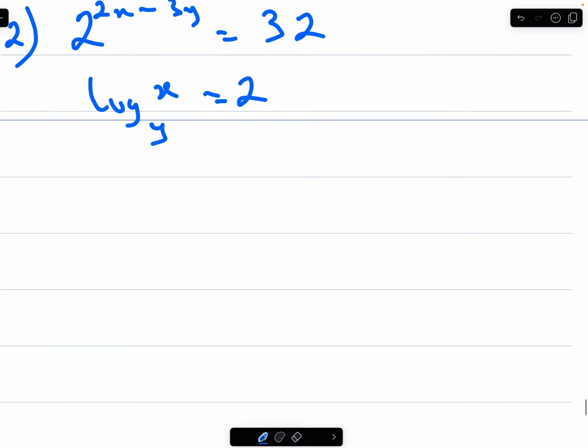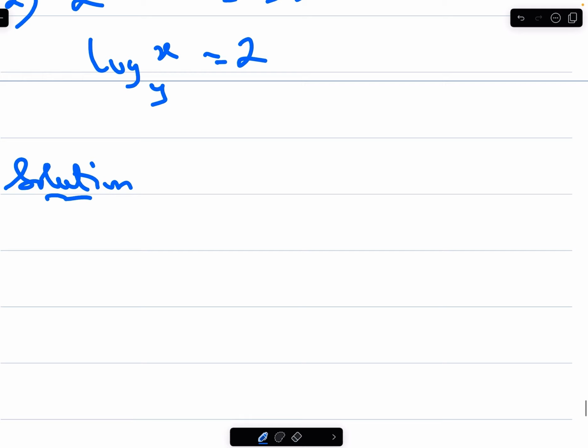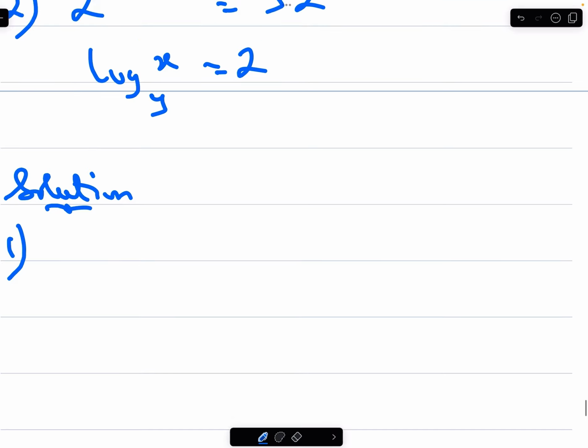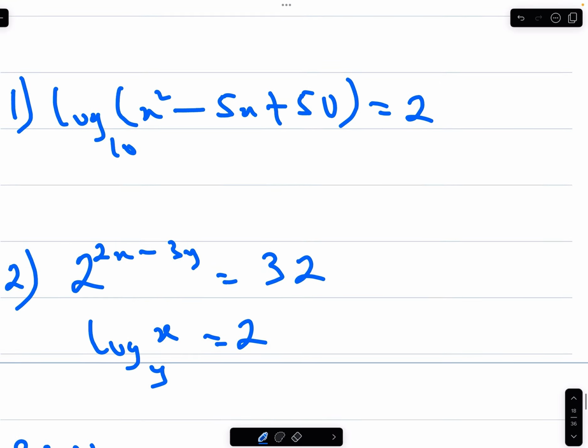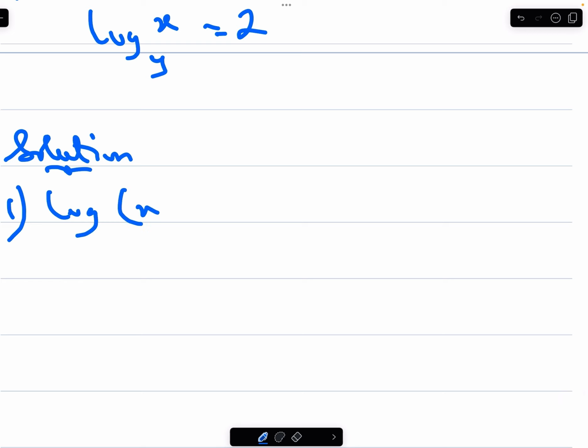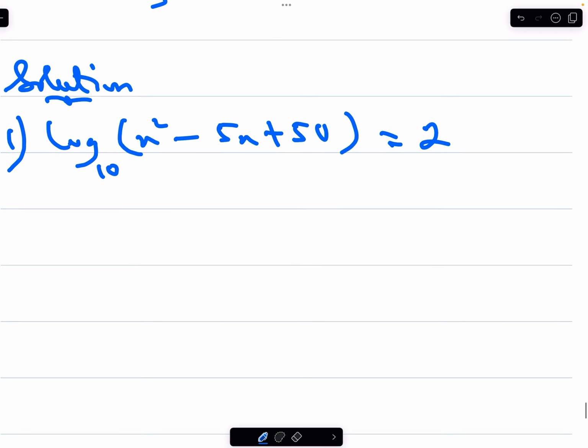So let's go straight to the solution. How do we do that? That's supposed to be a piece of cake. Now the first one is number 1. What's number 1? Log of x squared minus 5x plus 50 base 10 equals 2. If we write this in index form, that's going to mean x squared